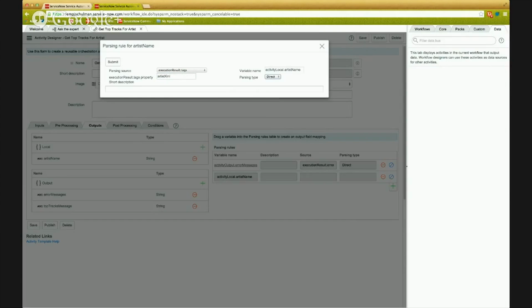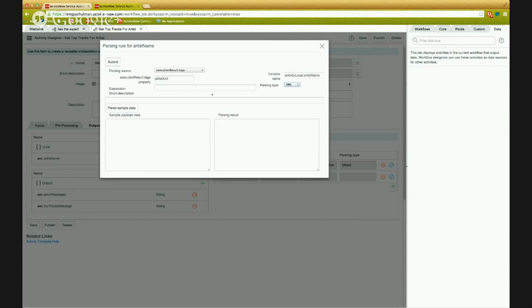And now the parsing type is XML. So this is showing you how to use the different parsing types. You'll notice when you change it from direct to actual, something that parses the output, it prompts you for more fields. Since I've already collected what that artist XML looks like,